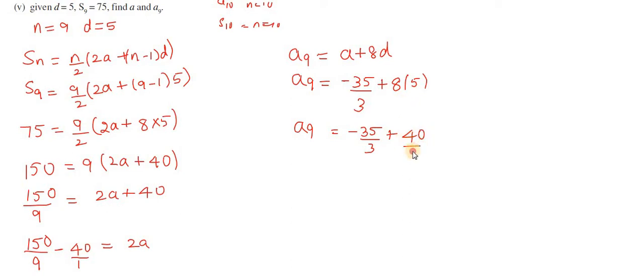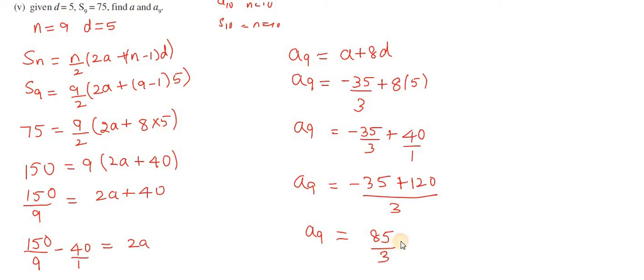Again, because of the denominator, you can take the LCM or you can cross multiply. We are already familiar and good at cross multiplication, so we'll go with that, instead of the LCM, which is 3. 4 threes are 12, that is 120, whole thing divided by 3. So minus 35 plus 120, therefore a9 is equal to 85